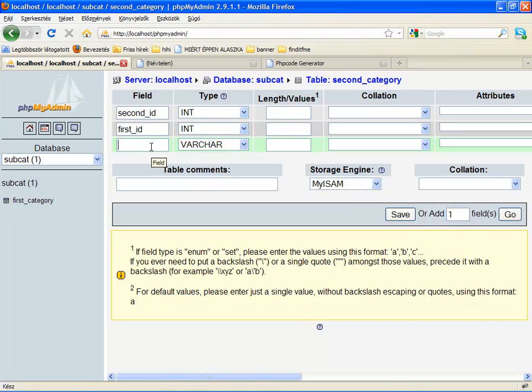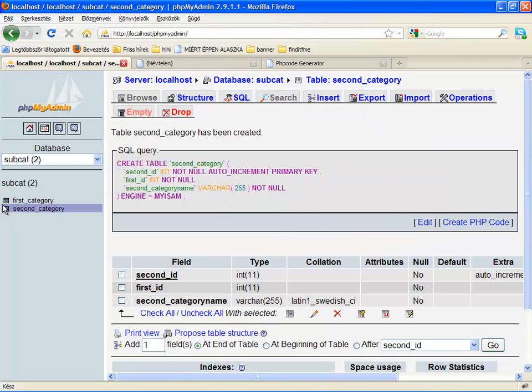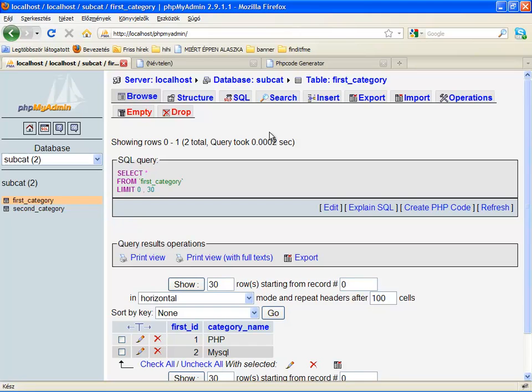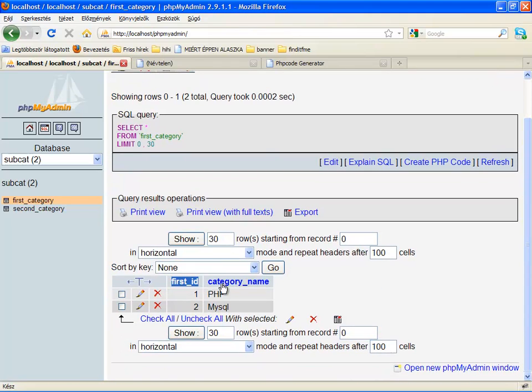And second category name, let's use unique names, and its length is 255. What we have here, we have got a table to store main category names,